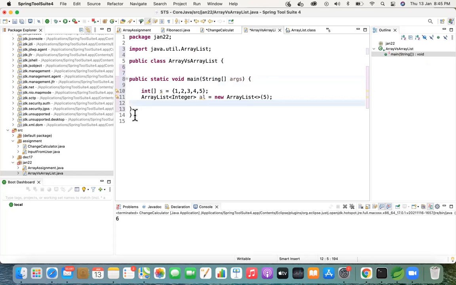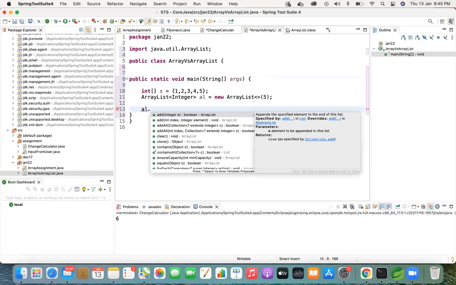Now AL dot, if you see, there are two ways: add integer directly, or you have to give add int of index and integer. So why do we have this index, and what happens if you're not using that index? In the array list or the linked list, whatever you're going to use right now, it will insert your element in the order you insert. So if you're giving in the array list 5, 4, 3, 2, 1, the output finally whatever you receive will be in the same order 5, 4, 3, 2, 1. It will not sort by itself whenever it's rendering its data. So it will always be the way you insert them.